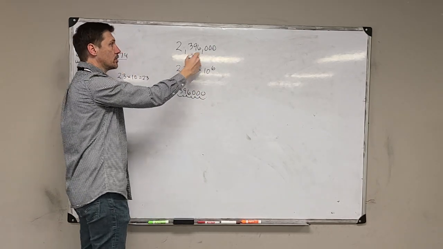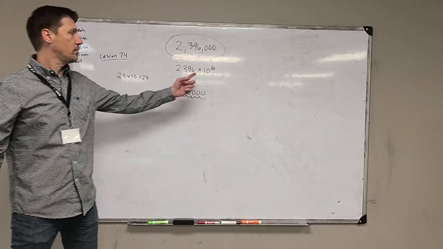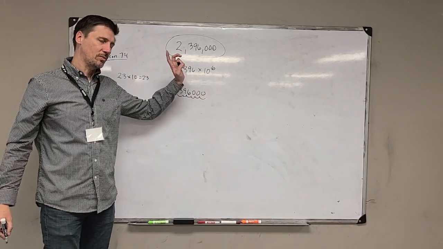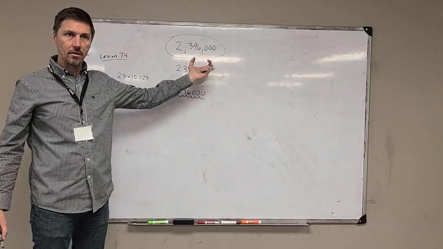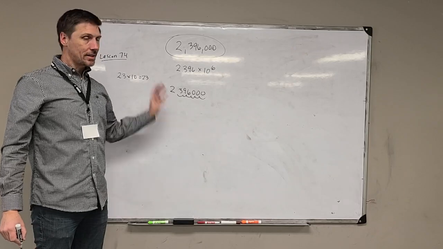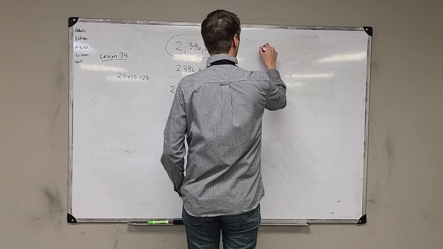All right? So when you're converting a normal decimal number to scientific notation, you're trying to figure out which power of 10 do I put on here so that I'll get the original number again. All right? To me, it's a lot easier when they're positive. When it gets more confusing is when you've got